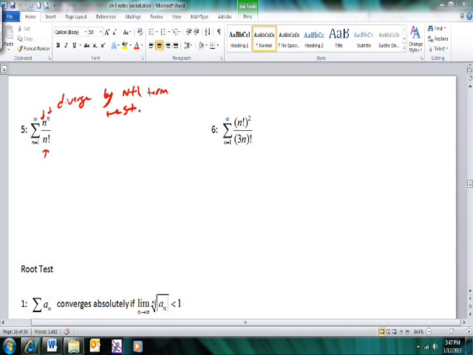Which is the one that says if the last term is not 0, it's going to diverge. So that limit is not equal to 0. So let's see how it will look in the ratio test anyway. So we would take the limit